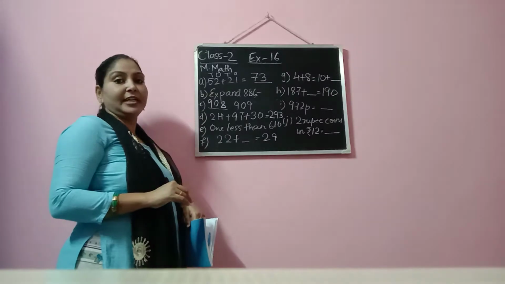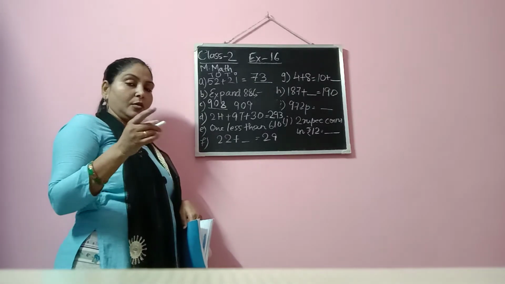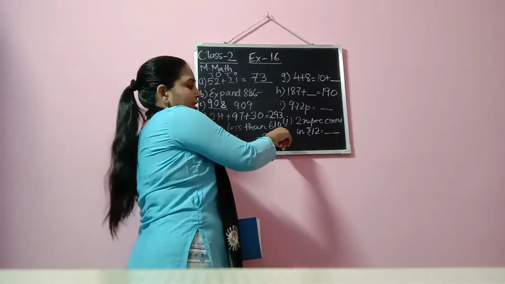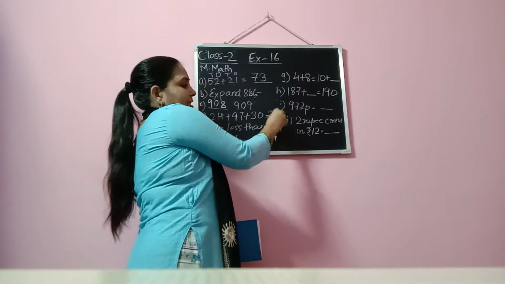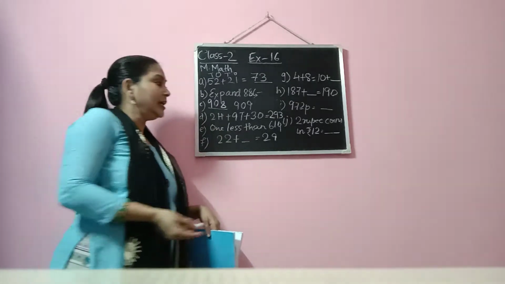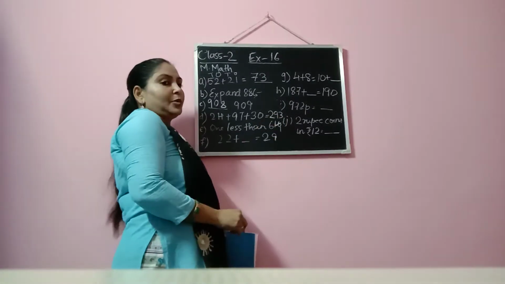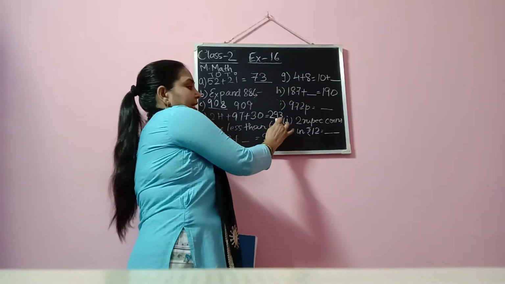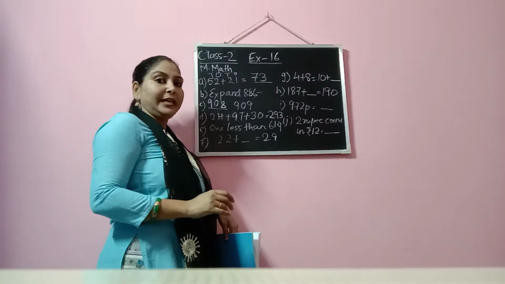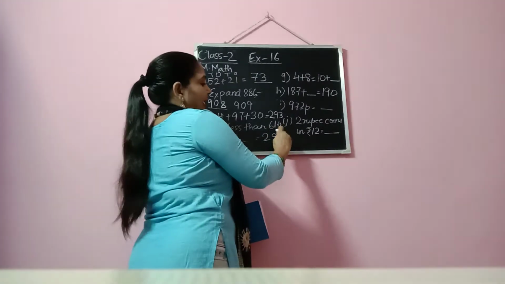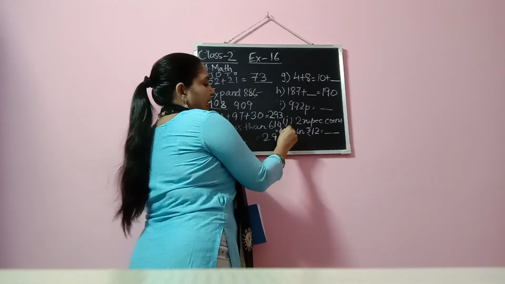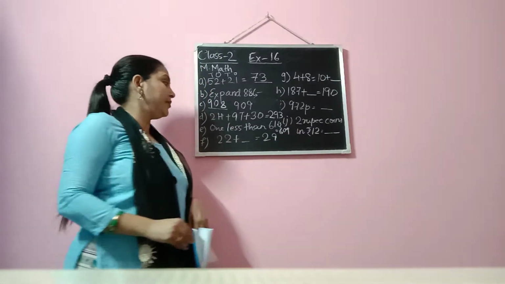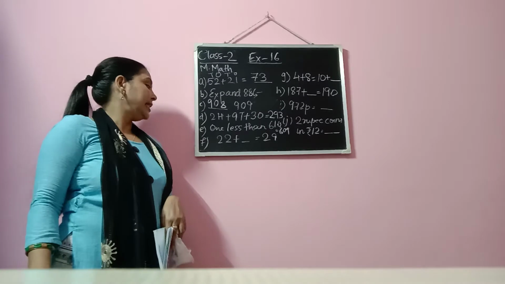1 less than 610 is how much? So here we have to subtract, from the ones place. Now you can see ones place is having 0. So we have to borrow and just subtract. From 10 we will subtract. If we subtract 1 from 10, then we get 9, okay. And in the tens place it will be 0. So we will write the answer like this: 609. 609 will be the answer of question number E. Then we have F.